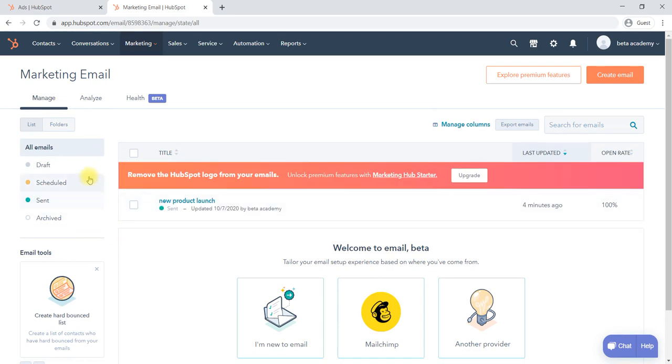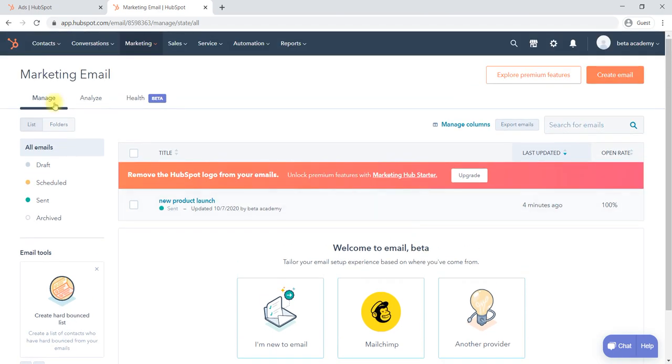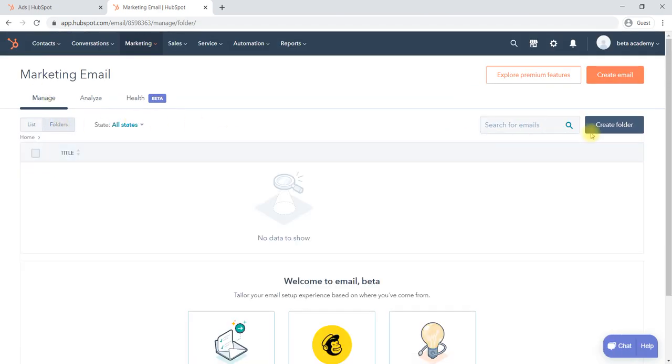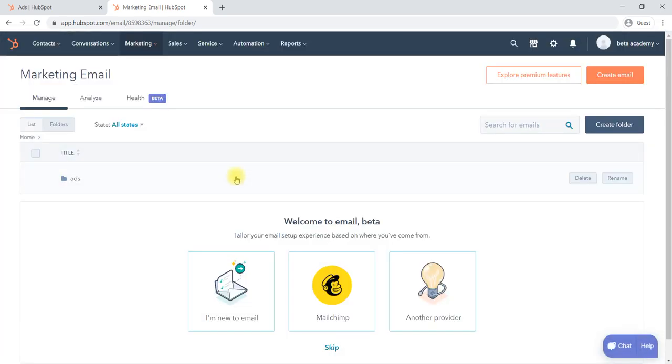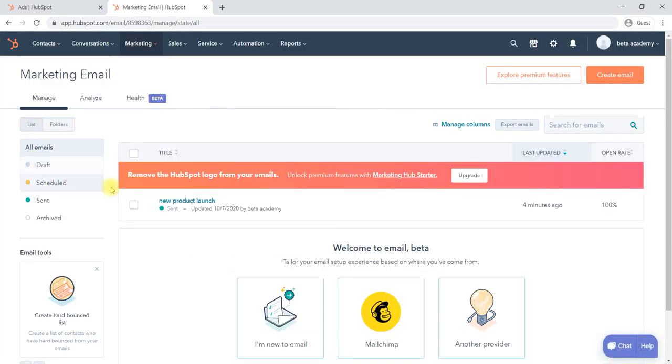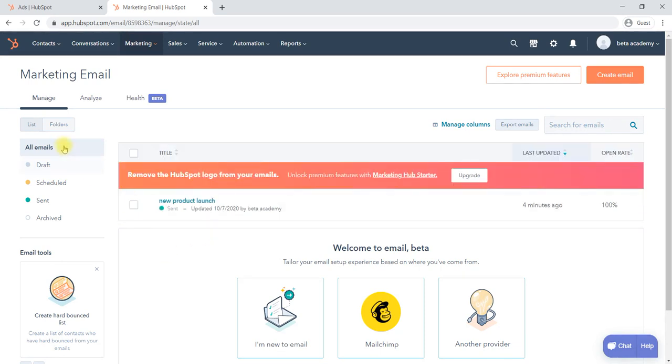And you can manage any of the emails you have created, like deleting that particular campaign. Take action and delete, or you can move it to the archive folder. In a sense, temporarily it will be deleted. Or you can create a folder and move it to that particular folder also. Here you can create a folder for each campaign, and you can move that particular mail to that particular folder. For example, here you can say move it to folder, and that particular folder it will be moved.